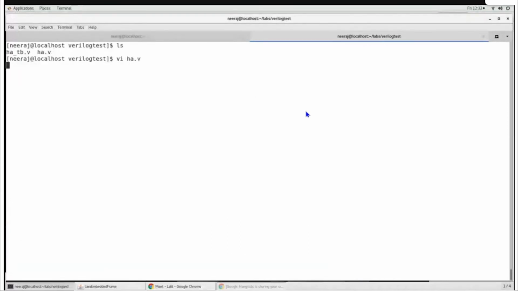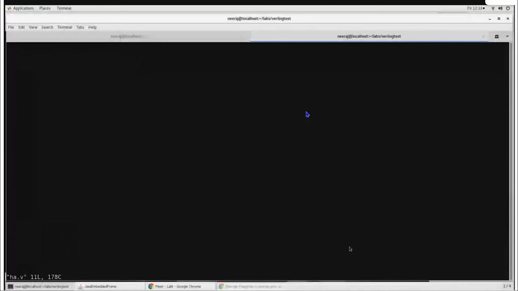So after installing, now we can see that this has been installed, and now we can start using it. For using it, I have again downloaded the same file which I have created. So you see ha.v is the half adder module